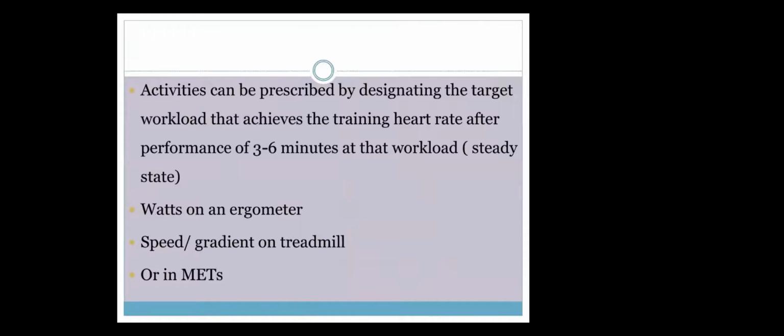Activities can be prescribed by designating the target workload that achieves the training heart rate after performance of 3 to 6 minutes at that particular workload. Once you start exercising, you need to monitor and alter the workload that you're giving so that the desired heart rate range is achieved, and that is called steady state. That can be done by altering the watts on an ergometer, or speed and gradient on the treadmill,